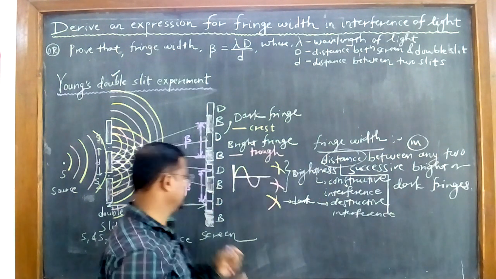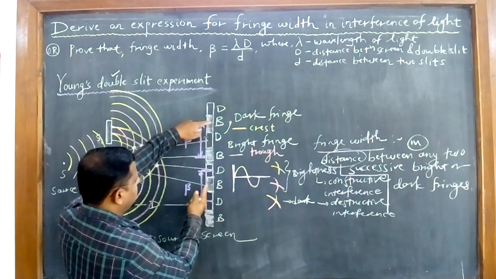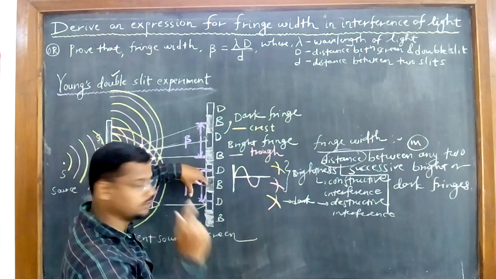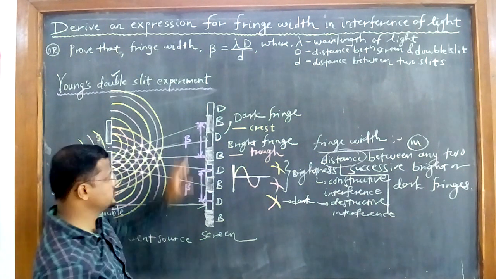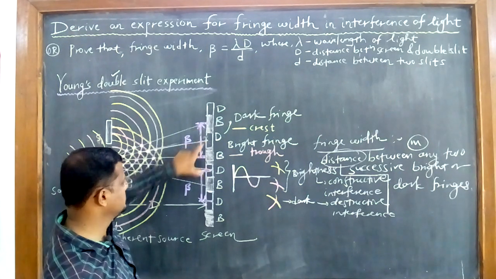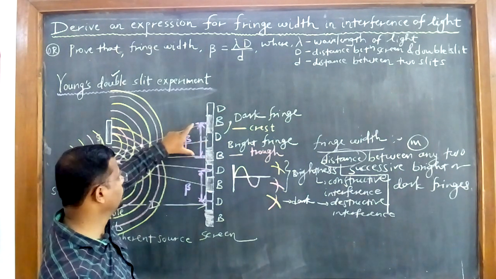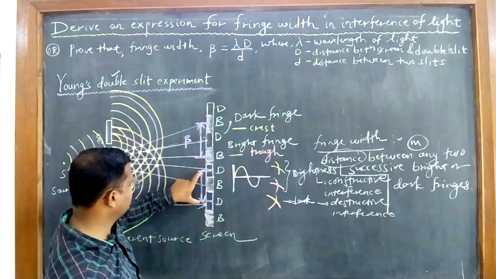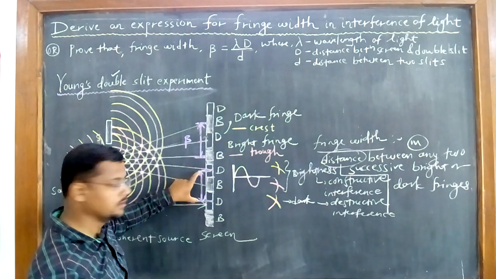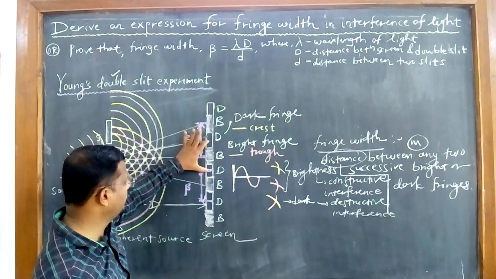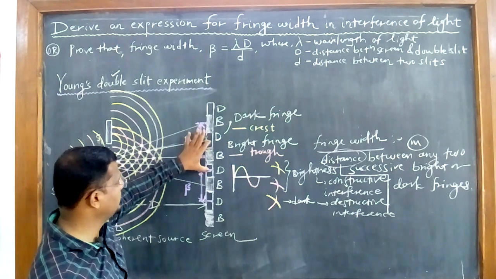Now I cannot say like this, the distance between these two bright fringes is fringe width. I cannot say. What is the important word? Successive. So the distance between any two successive bright fringes or the distance between any two successive dark fringes is the same. Okay, either you measure the distance from bright or dark. Is the length of this line the same? Means both are nothing but what? Fringe width. This is also fringe width here. Why? Because these are the two successive dark fringes.